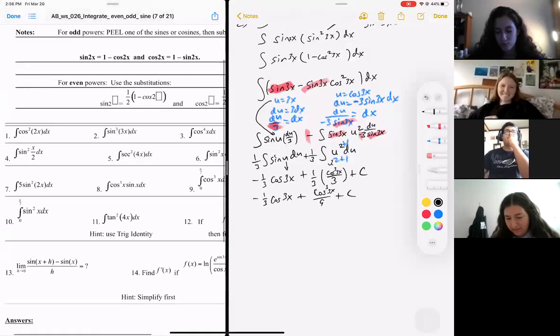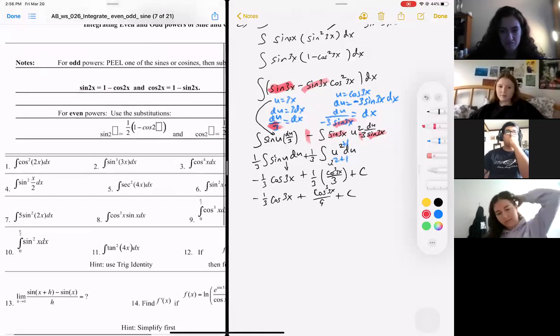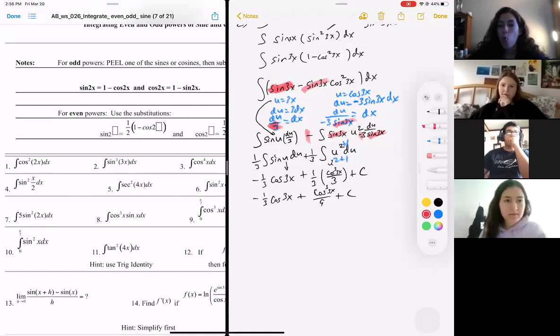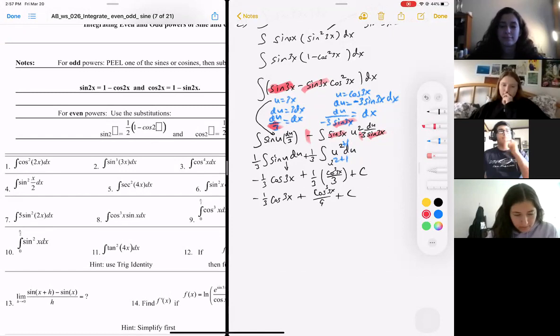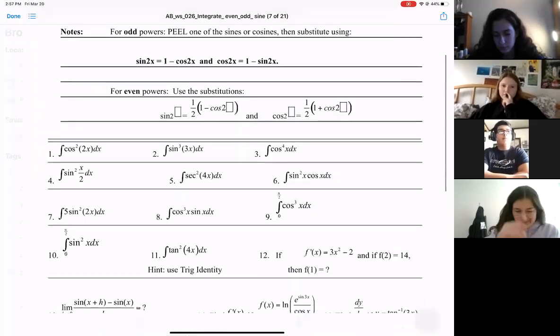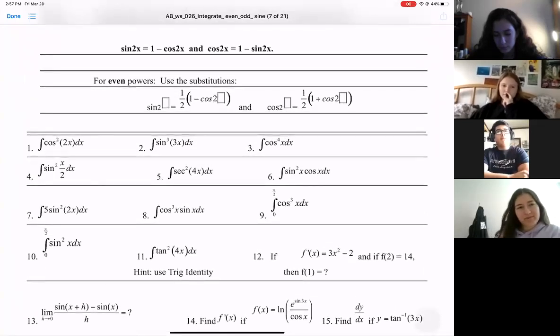So back to math. If you look at these problems here, I'm going to go ahead and go through them quickly. This really only works with sine and cosine, whether it's cubed or squared, even or odd. And that's the thing, it's even or odd. So if you look at the problems that were given on my left side,